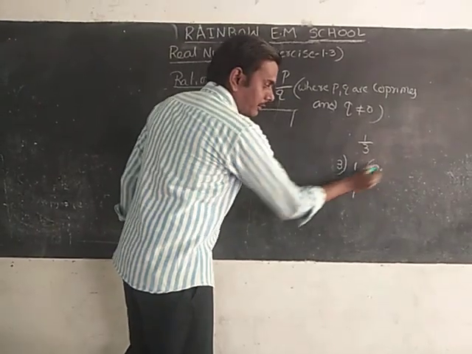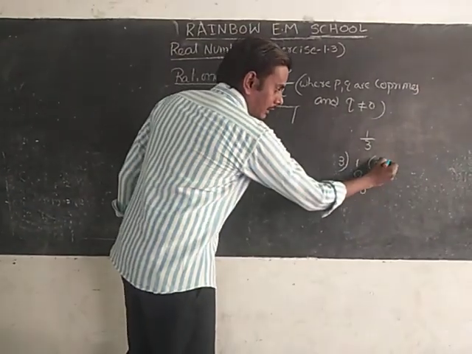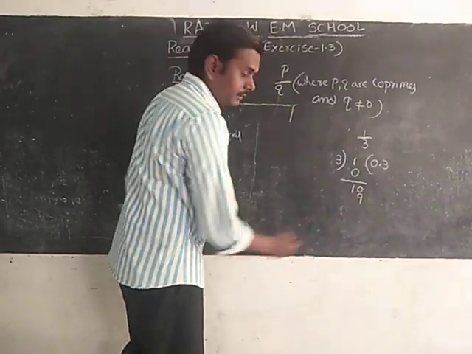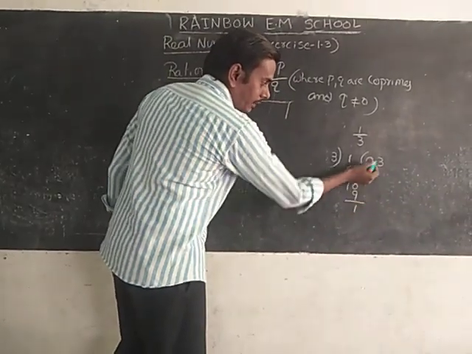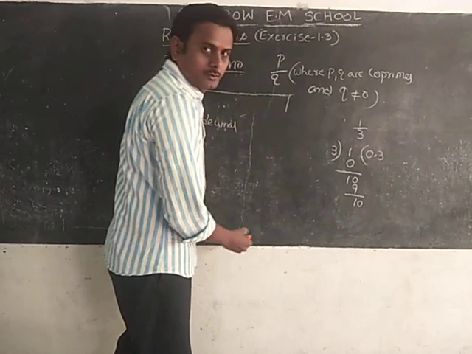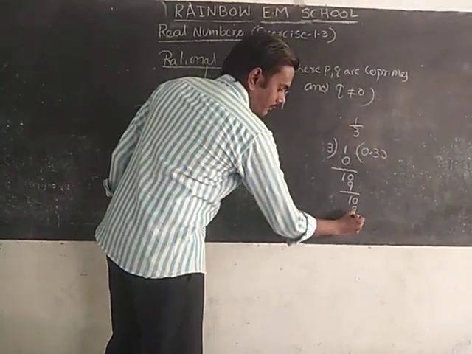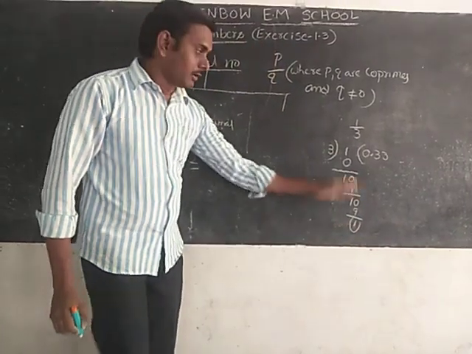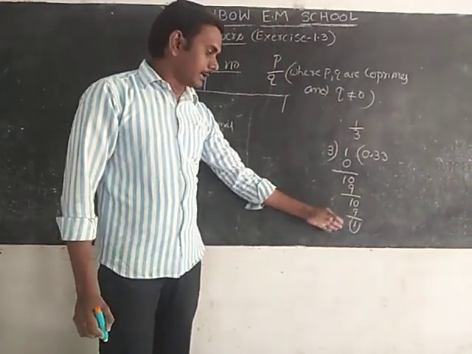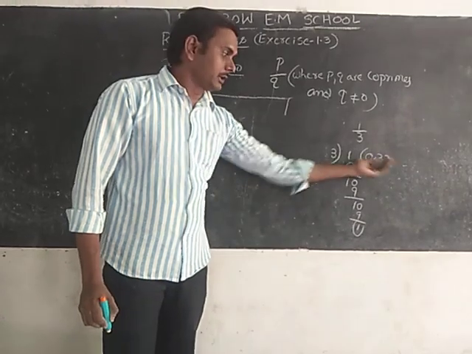So take point here, quotient place 0. Keep here 3, 3 is 9. Remainder 1. Again after taking point we can take one more 0. 3, 3 is 9 again. Again we will get remainder 1. If you go on further also, we will get a remainder 1 and quotient 3 only, repeating.